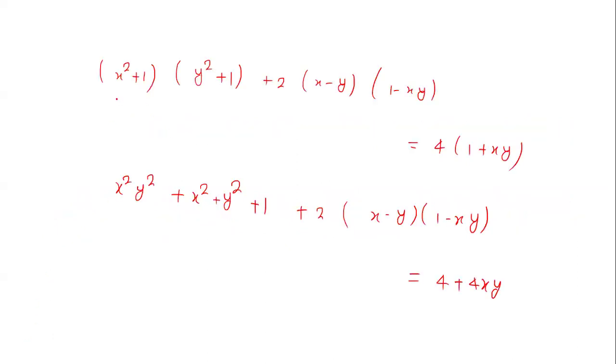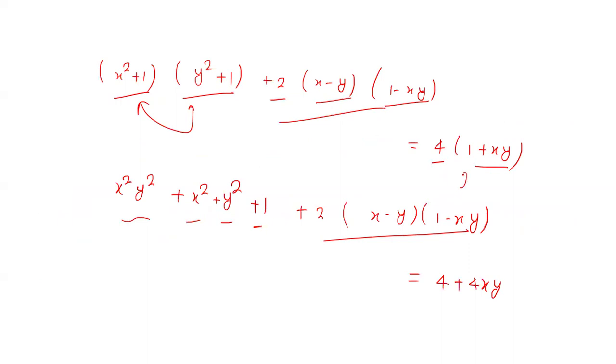First I write the equation: (x² + 1)(y² + 1) + 2(x − y)(1 − xy) = 4(1 + xy). Now let's multiply these two terms. It will become x²y² + x² + y² + 1. This part remains as it is, and the right side becomes 4 + 4xy. Now if I take 4xy to the left-hand side,